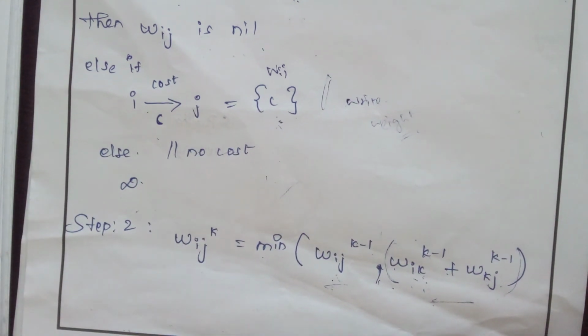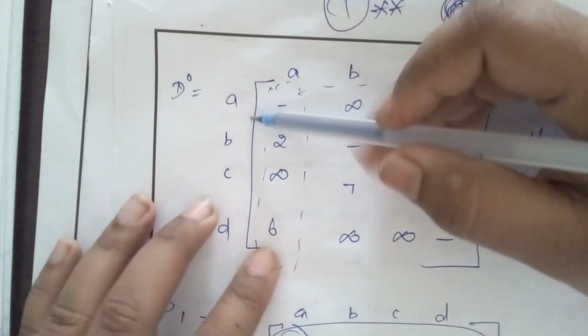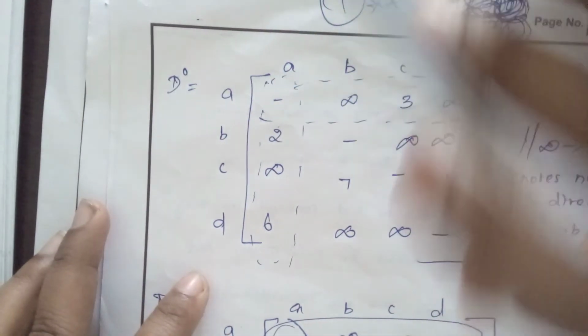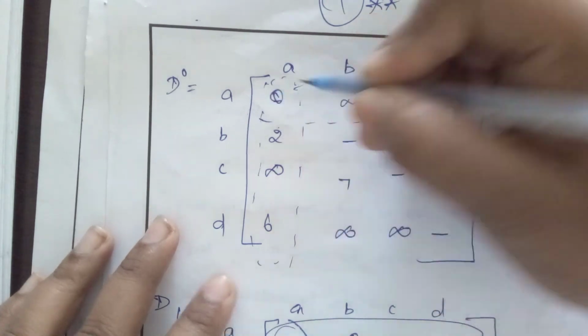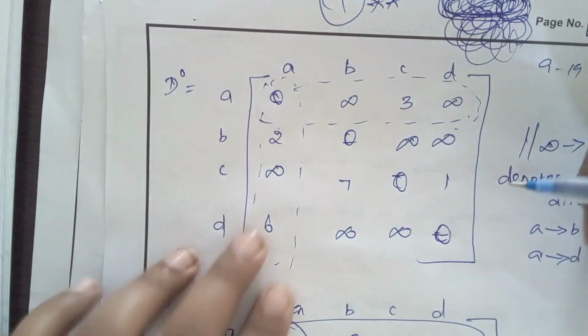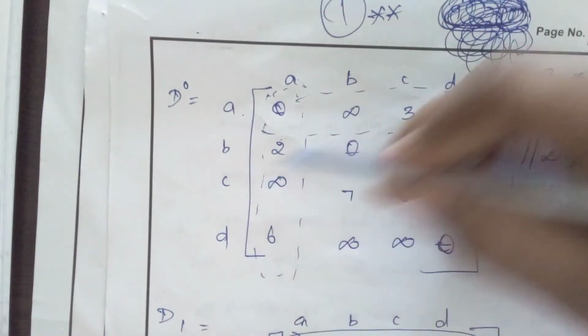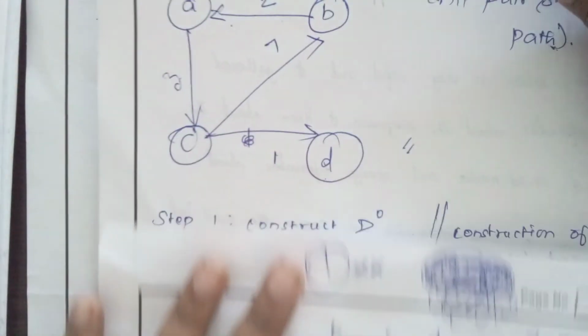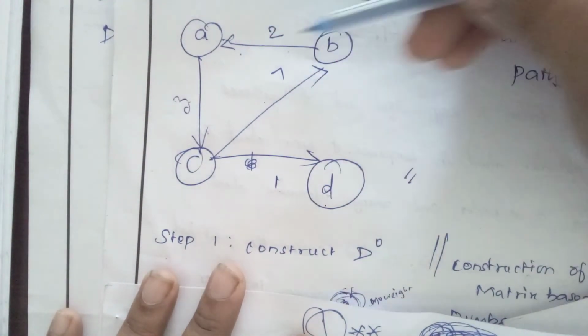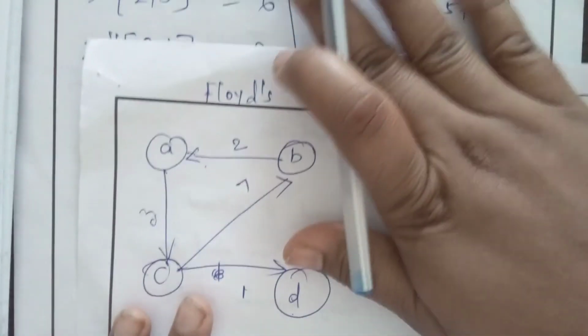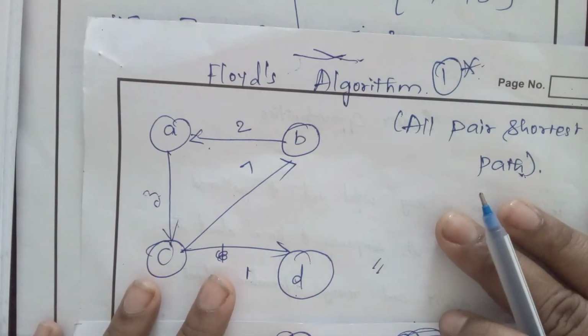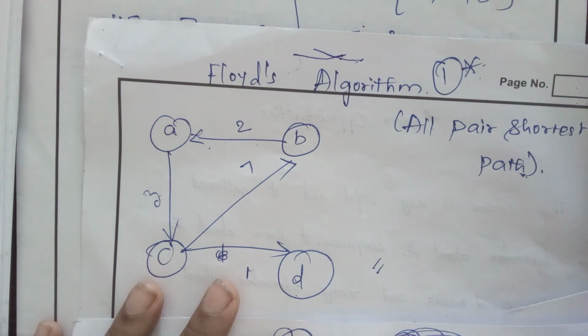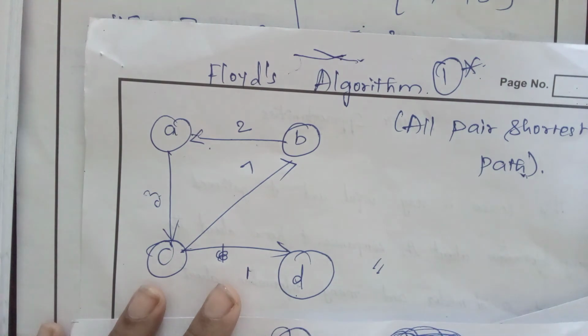See, one more thing I want to show here. I am using A B C D as the nodes. This one you can take as homework. The nodes are different, but the method is the same. I am writing 0, nil or dash, anything is the same, for A to A, B to B, C to C. The diagram, the graph is almost the same, A B C D or 1 2 3. You have to solve like this method, that is the Floyd's algorithm. We are finding the shortest path for the nodes. That is very important here. That's all.